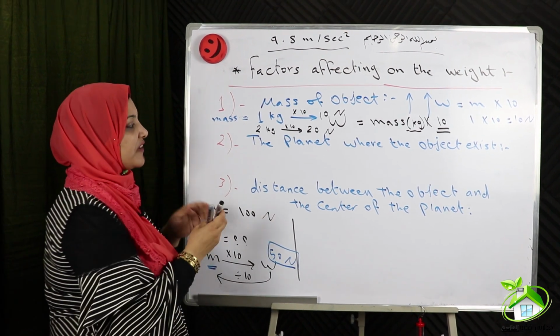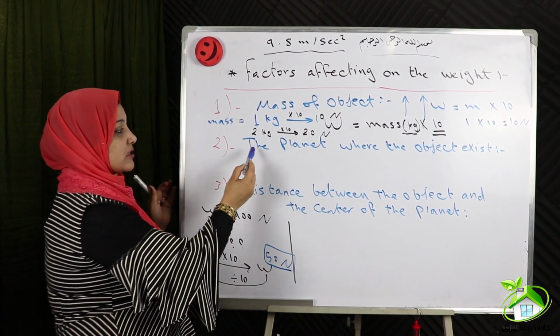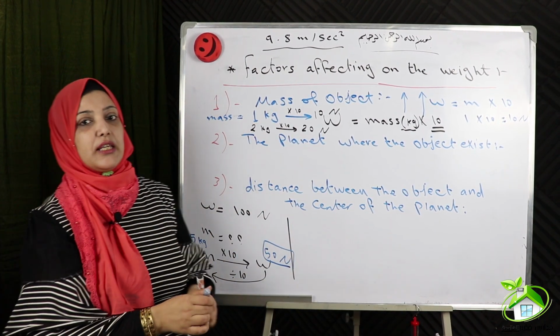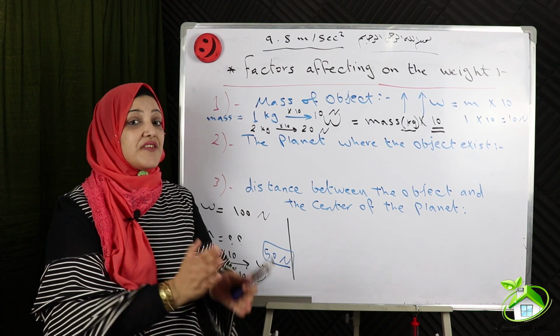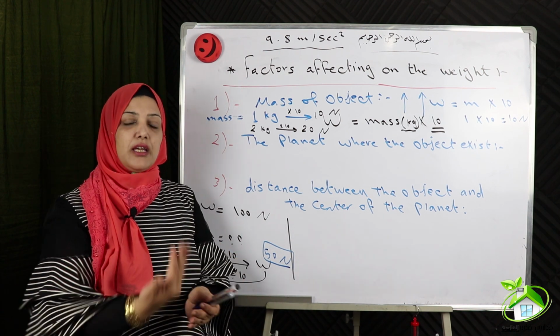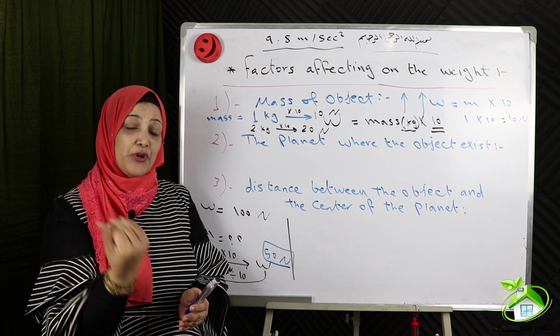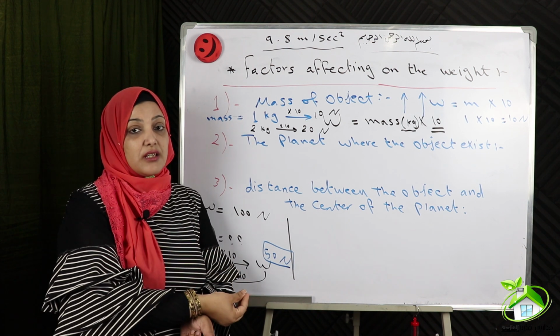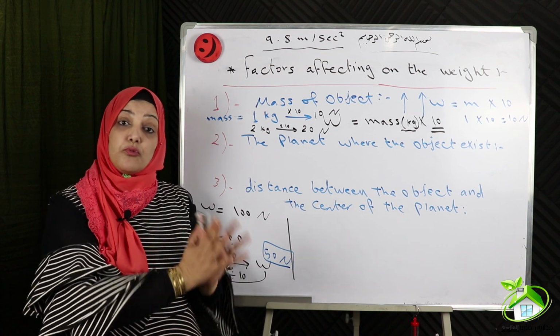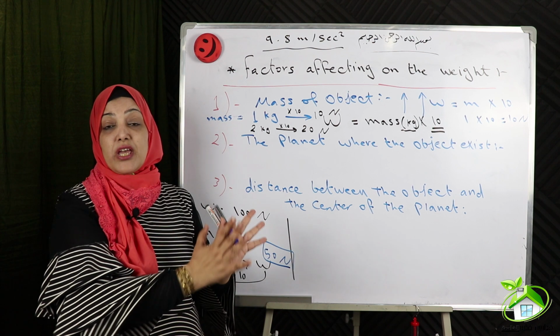Factory number 2: the planet where the object exists. يعني إيه؟ If the place changes, if the planet changes, the weight changes. طب ده ليه؟ لأن إحنا في الأول قلنا إن الويت depends on the gravity. طب هل الجرافيتي بتاعت الإيرث, like the gravity of the moon or like the gravity on Jupiter or any planet؟